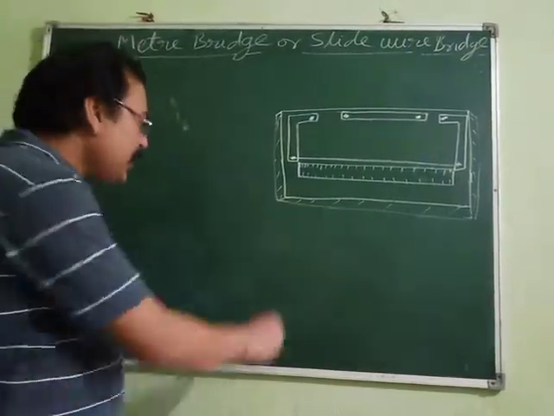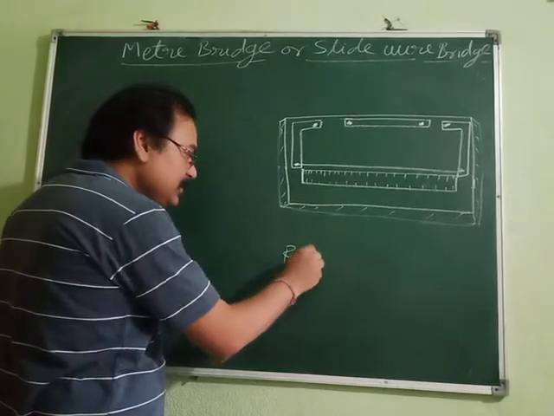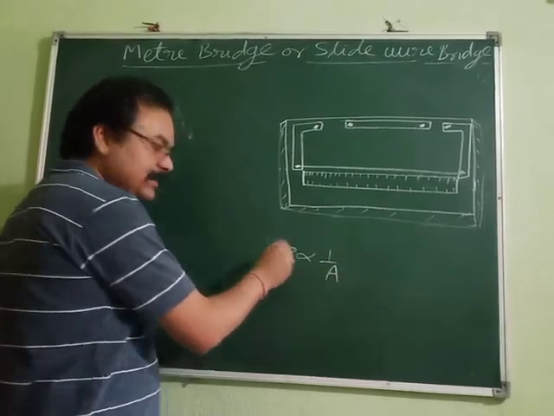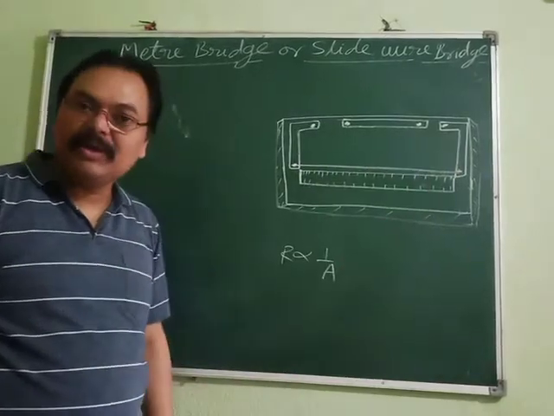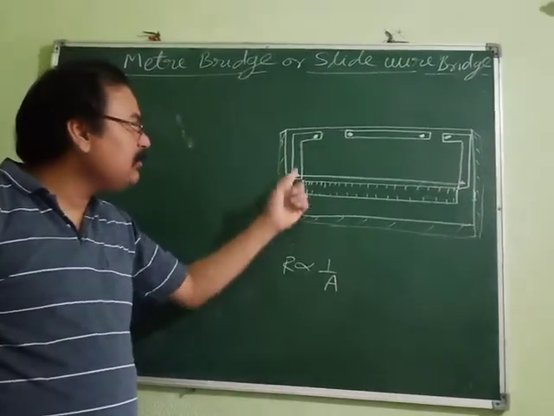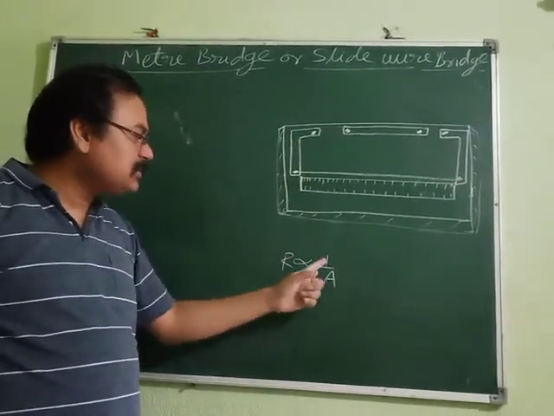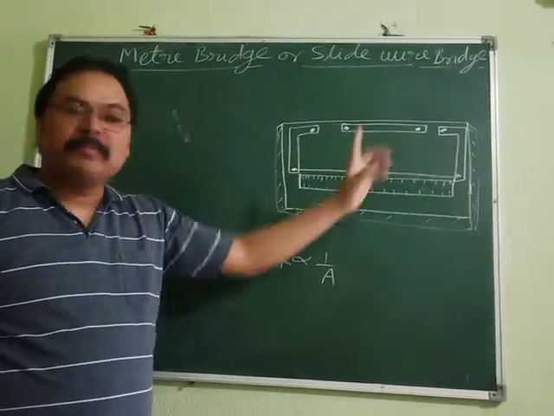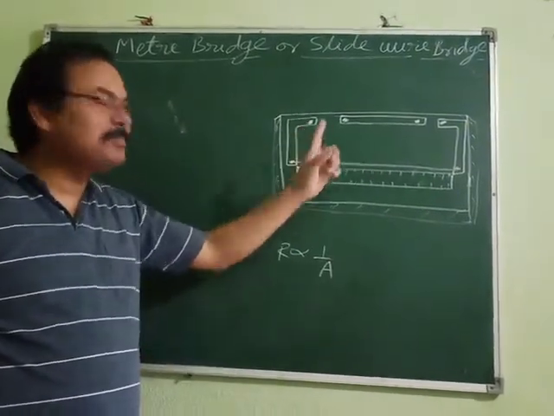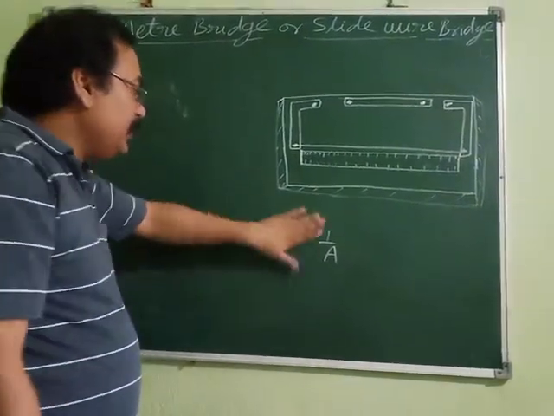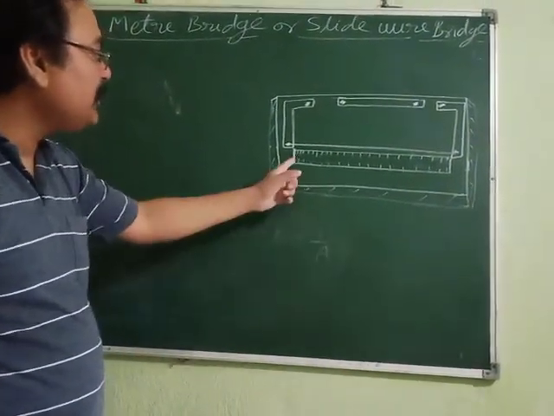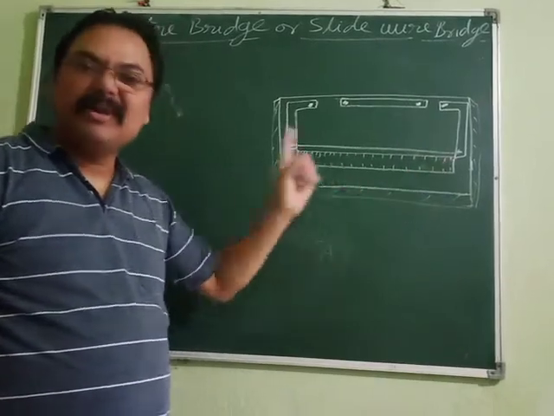Because when the area of cross section is more, then resistance is less, and these are working as connecting wires. So to reduce their resistance, their area is made more. Now, here there is a scale, a 1 meter scale,